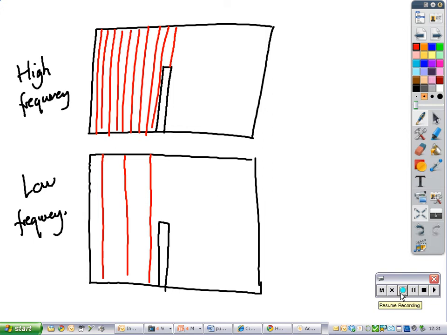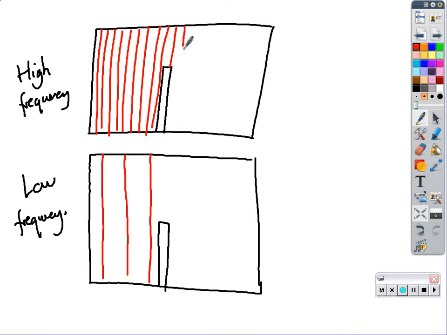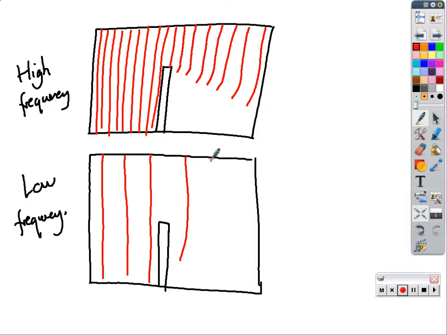Right, on our high frequency example, we found that the waves bend round the object a certain amount. So draw the same wave and do a little bend at the end. So that's a little bend. So the high frequency example bent round the object a certain amount. Then we found that a low frequency example bent a lot further. So the low frequency example bends a lot more. So what we have is, here is the line in which it would bend down to, and here is the